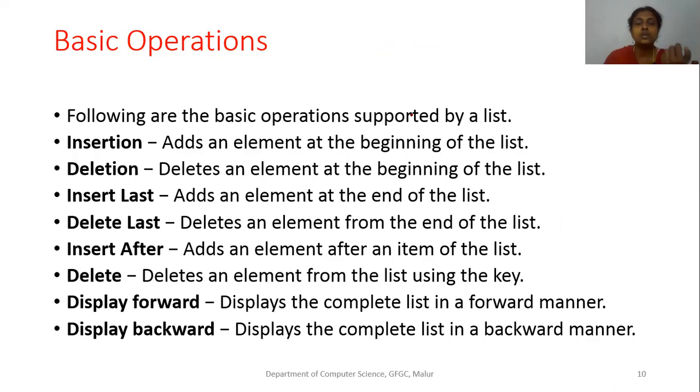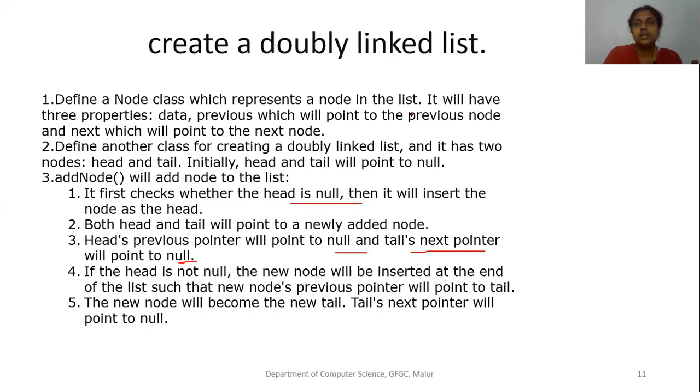Plus you can search a node, plus you can do insertion. For insertion, we have three types: inserting at the beginning, inserting at the end, inserting at a given position. Same way, deletion can be done in three ways: deletion at the beginning, at the end, at a given position. So these are the various operations which we can perform using a double linked list. One extra thing here: we can move forward and also move backwards in a double linked list. So we will start with our first operation, that is creating a double linked list.